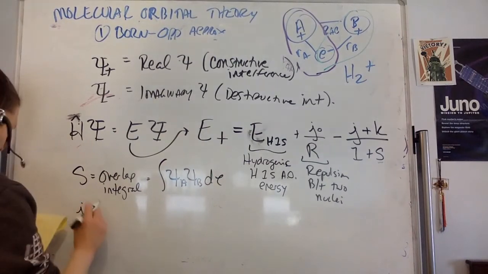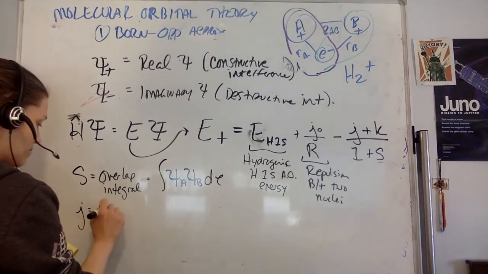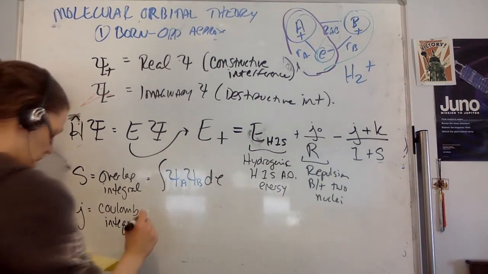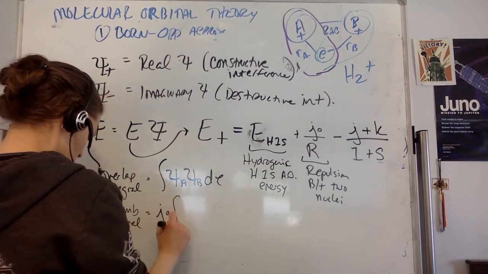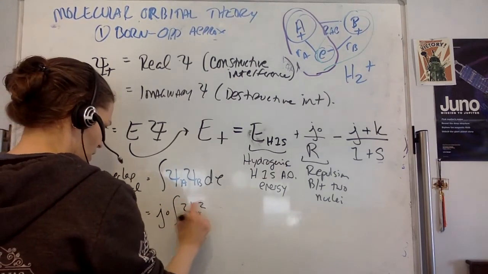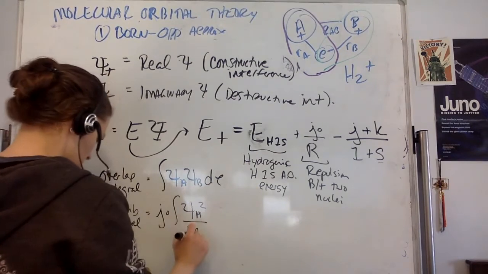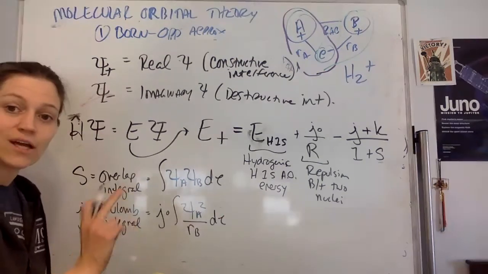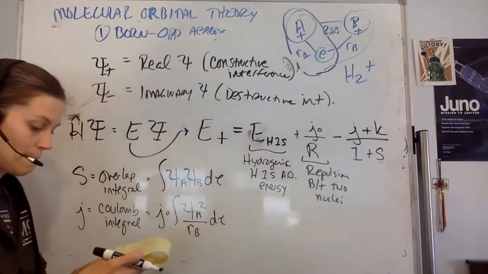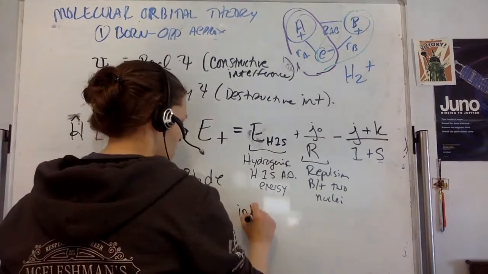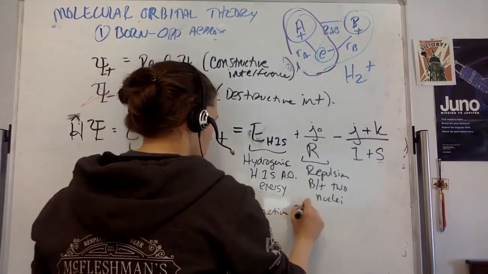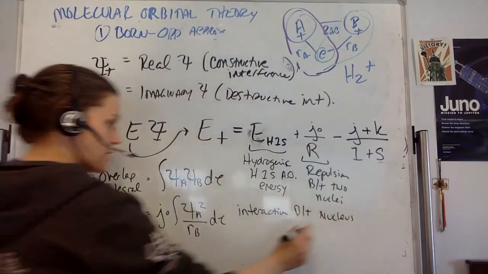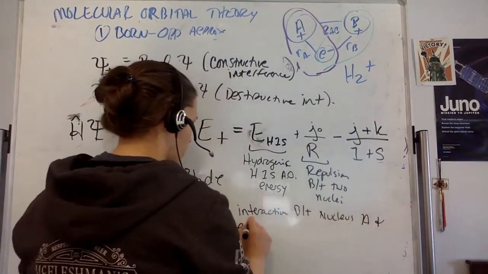The J is equal to the Coulomb interaction, or Coulomb integral, and that is equal to J0 times the integral of psi A squared divided by R_B d tau. And this is the interaction between the nucleus and the electron density on the other nucleus. Okay, so this is the interaction between the nucleus A and electron density